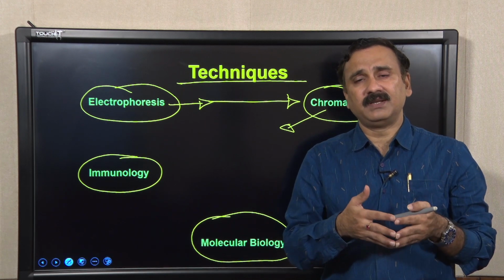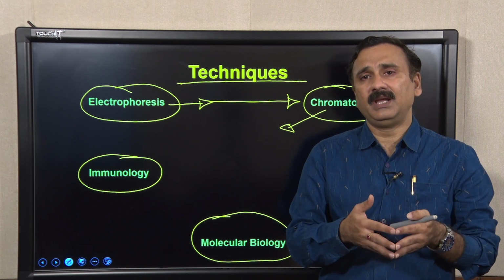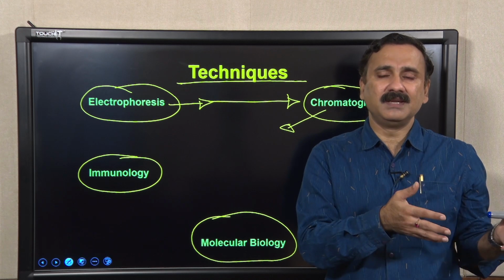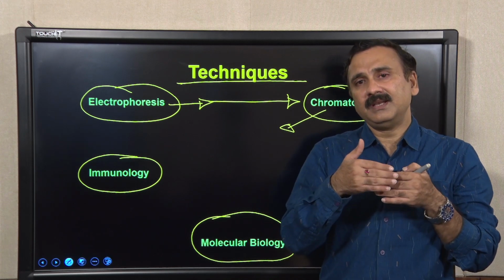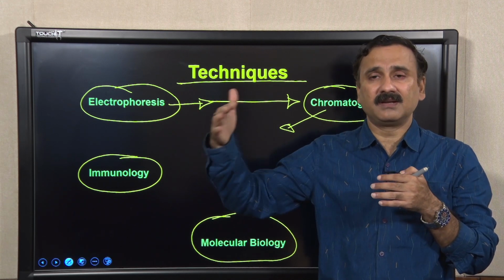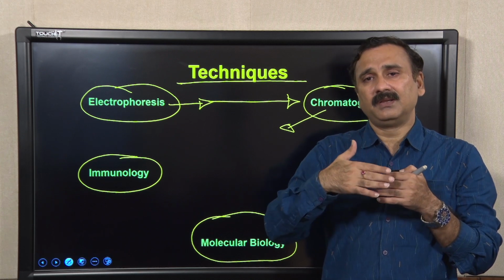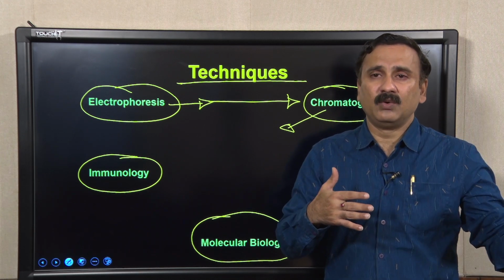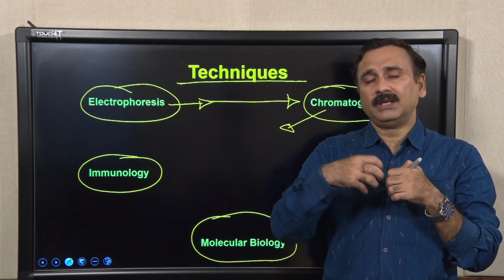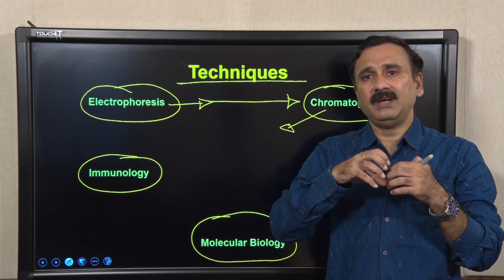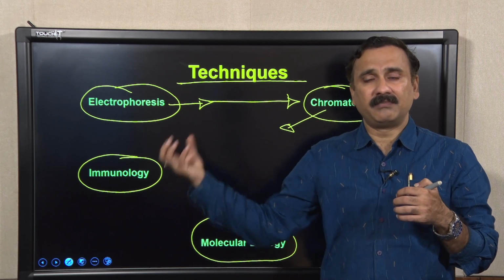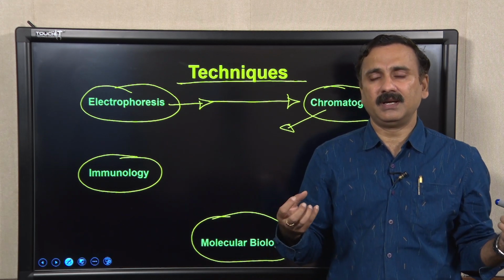During that discussion, we discussed how even a simple technique like distillation can be used to separate two molecules like benzene and aniline, and how benzene distributes itself within the liquid phase as well as the vapor phase, compared to aniline, which distributes itself from the liquid phase to the vapor phase. This distribution of benzene and aniline between the liquid and vapor phase can be modulated in such a way that the benzene is collected separately, whereas the aniline is separated separately.